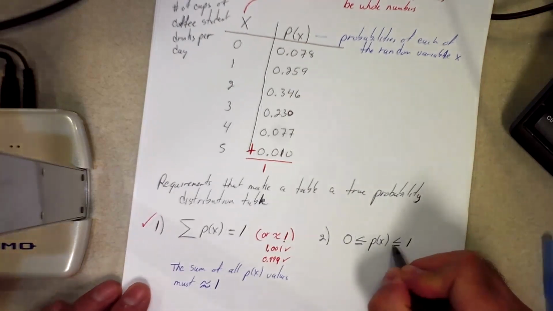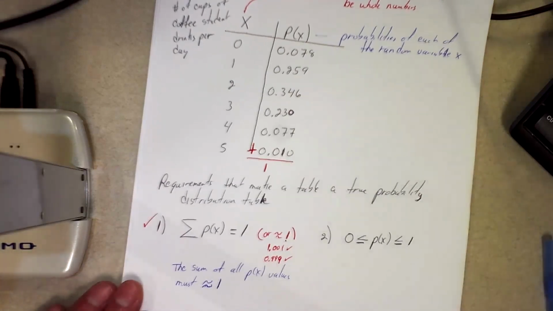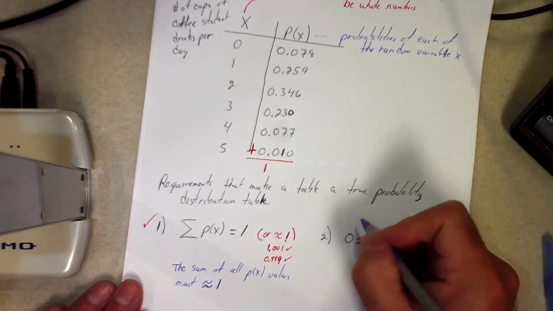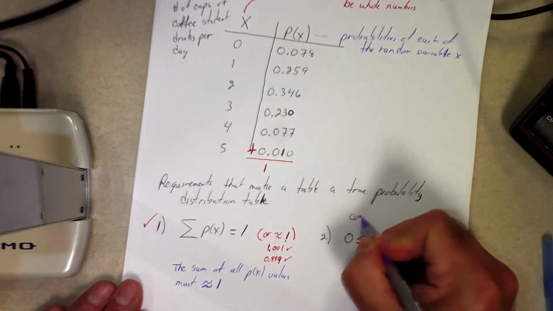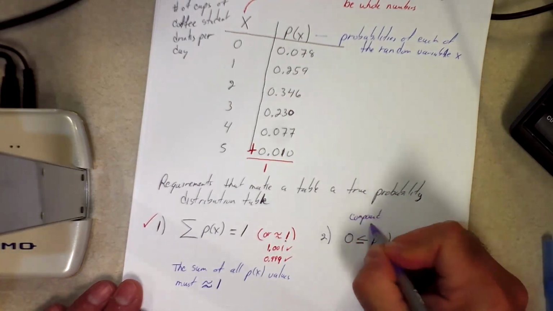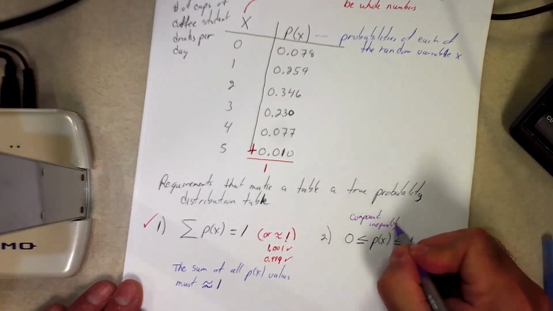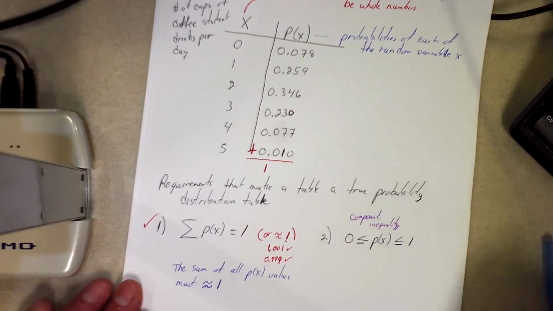This statement here is called a compound inequality. You don't read this one left to right like you normally do when we read. You don't read it as 0 less than or equal to P of X less than or equal to 1